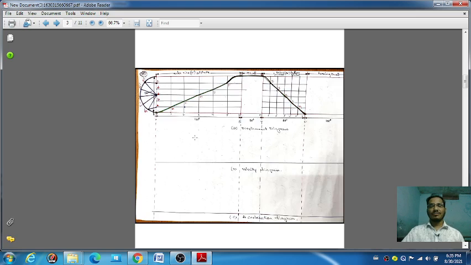The next step: I take this line from A to S, 120 degree meaning 12 centimeter. Divide this line, the angular displacement, into equal individual parts. I am repeating the sentence: divide this line into equal individual parts. Here I am dividing this line into equal parts. I divided it into 6 parts.